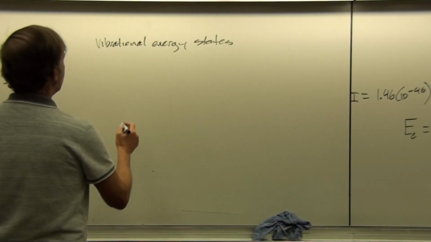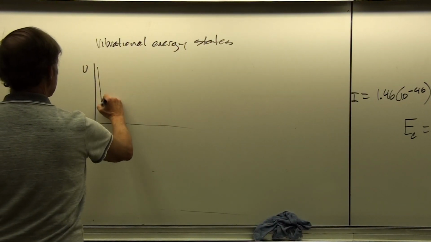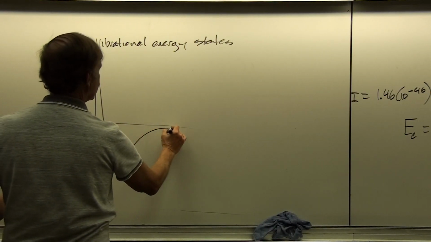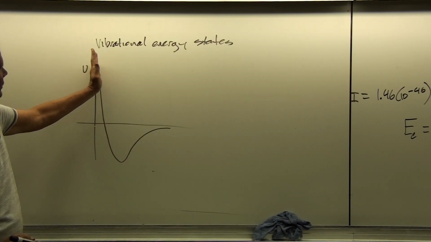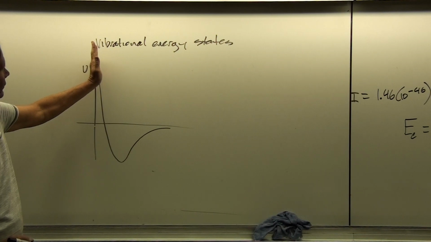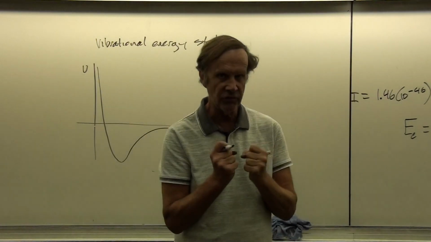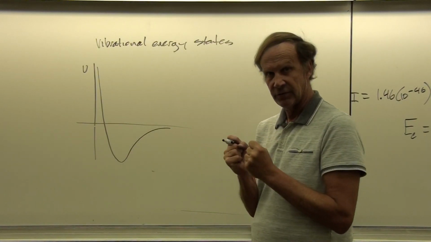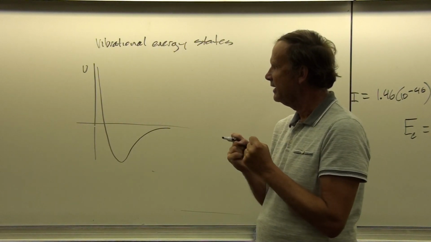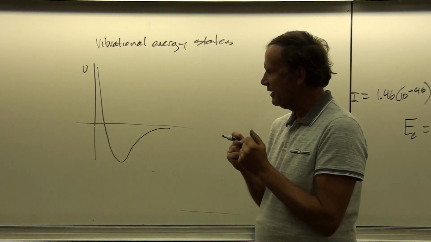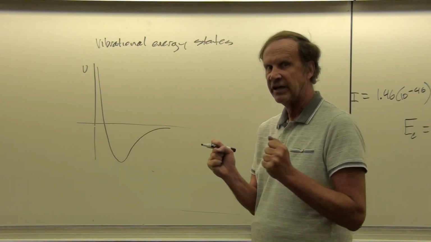Now, for you to have a vibrational energy state, what you need to have is a potential energy function that goes negative, as we saw before with the ionic crystal. So it tends to drop down like this, and so up close, there's actually a little bit of a repulsive force due to the fact that the electrons don't want to get too close together. And so there's an exchange force there that is associated with that, because the two electrons that are in similar energy states are going to tend to repel because of the exchange force. Okay, so there's an exchange force repulsion.